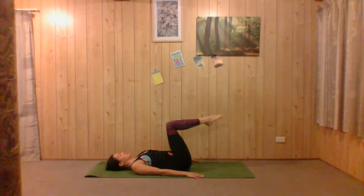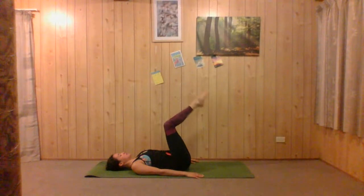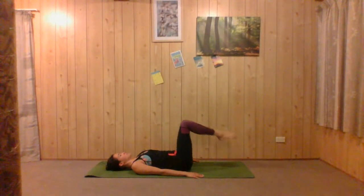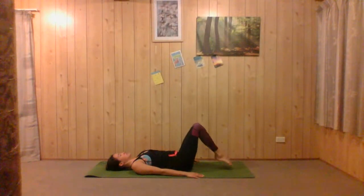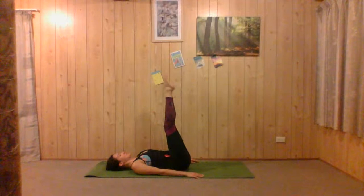Good. Inhale to bring them up, point the toes to the ceiling, exhale to bend, and take your feet as if they're touching the floor. Good. One more time. Inhale, knees up, feet up. Exhale to bend, and feet nearly touch. Good. Inhale to bend, point the toes to the ceiling, and this time we lower with a flat back for